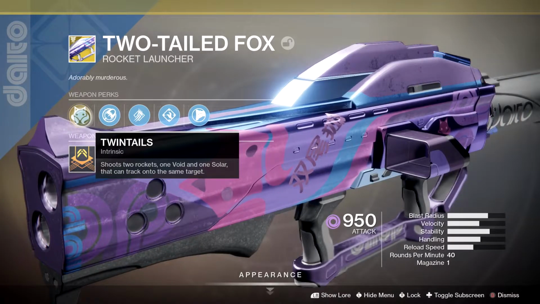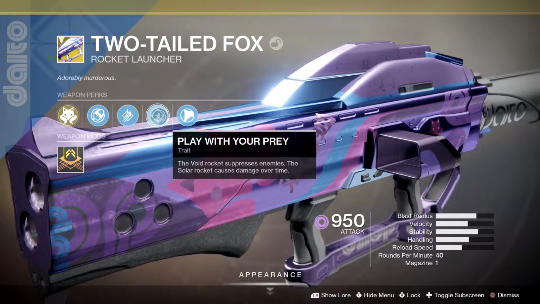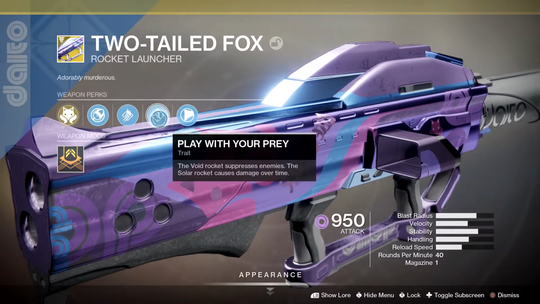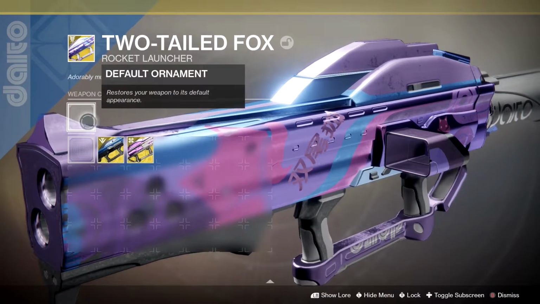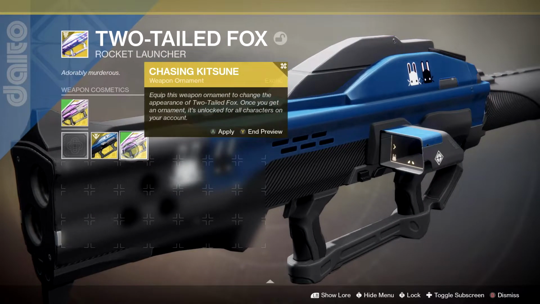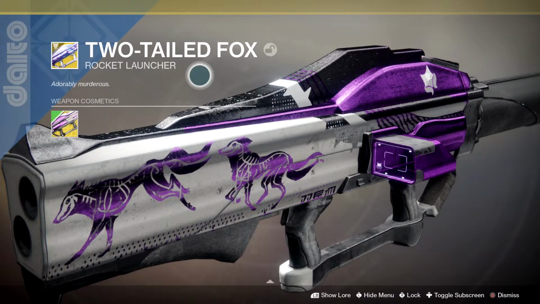Main perk being twin tails, shoots 2 rockets, 1 void and 1 solar that can track onto the same target, and the secondary trait being play with your prey. The void rocket suppresses enemies, the solar rocket causes damage over time. This thing honestly is just pretty cool, and it looks pretty decent with different ornaments on it. This one more so, I like, pretty cool, because purple, and it's got dogs that are skeletons,